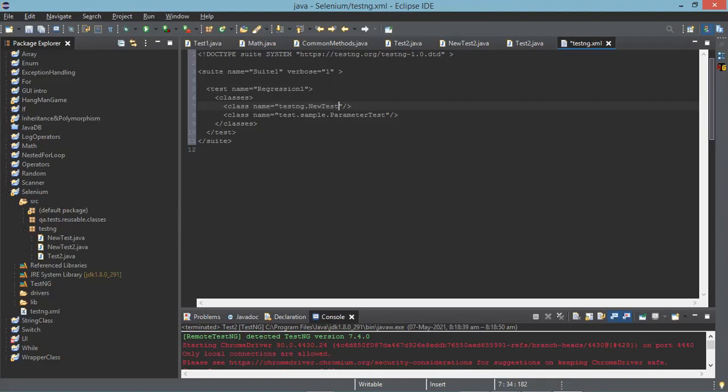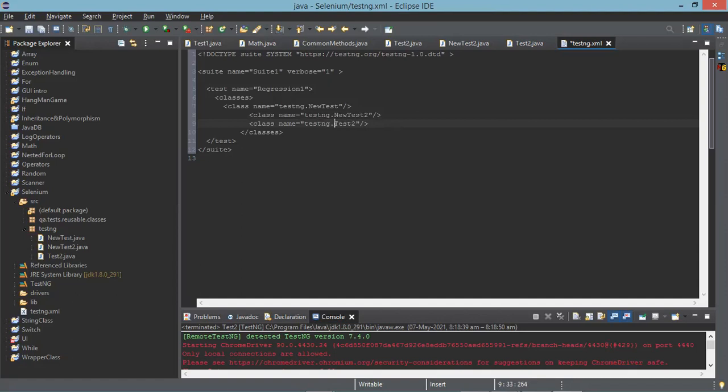What is the next line? Copy that line, line number 7, and paste it again just below that. One more time you paste. Now remove that line, that is not available in our library. This is Test2. In the bottom you say it as only Test2. No New. Remove the New.